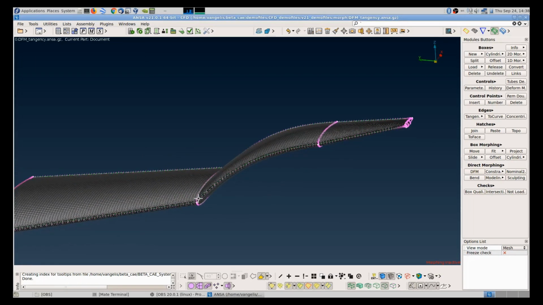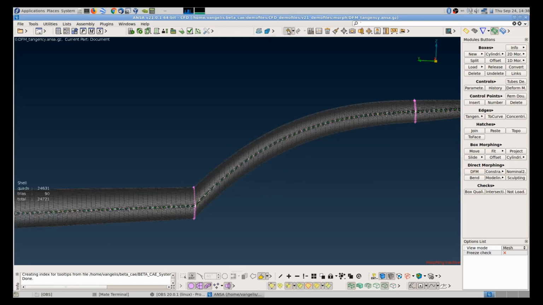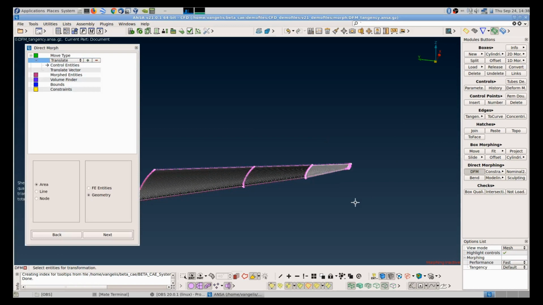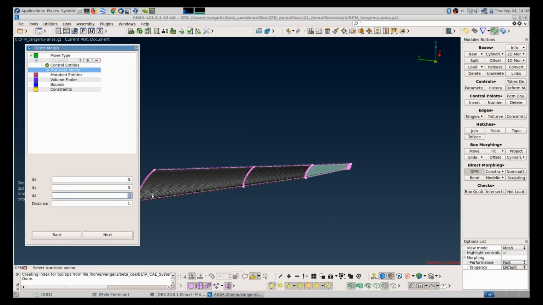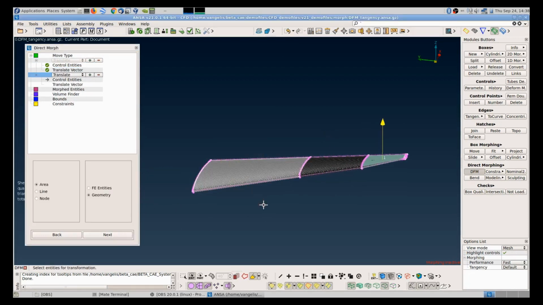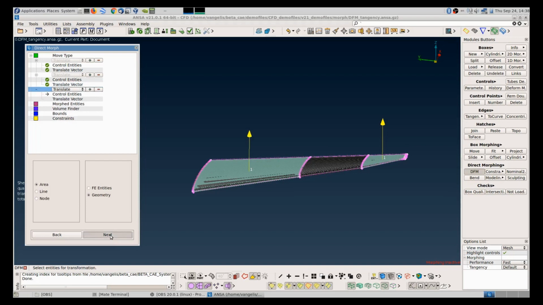Of course, you will notice that here we don't have continuity of tangency. If we want to have that as well, we can achieve it through the same operation. So this will move in the Z direction by 350, and then with this middle mouse this will move in the Z direction by 0, which means no movement at all.